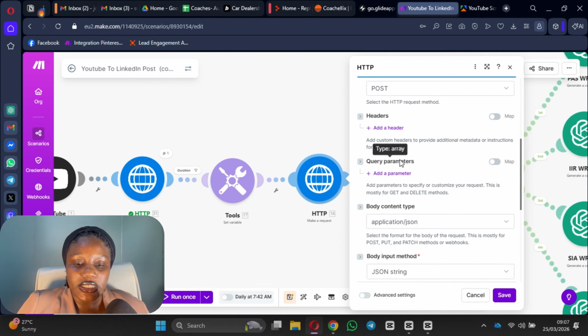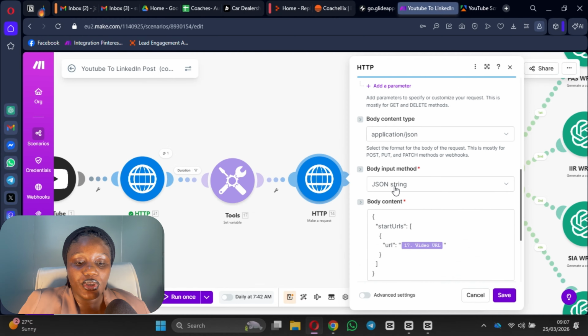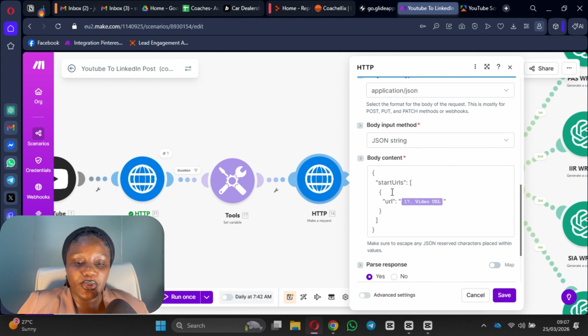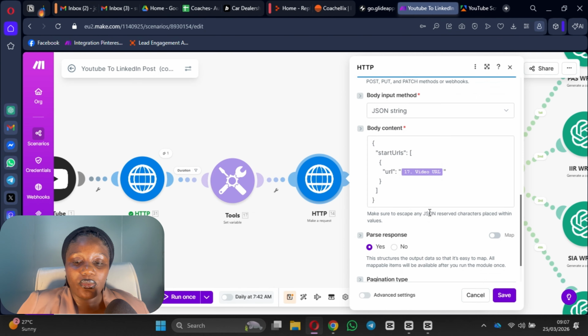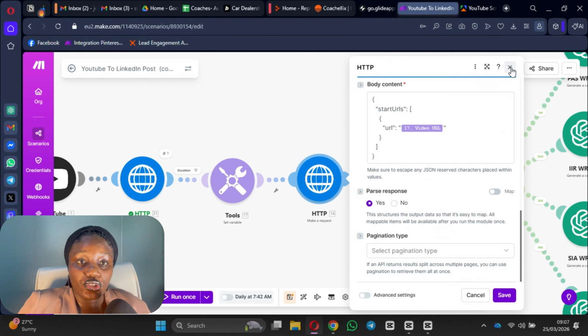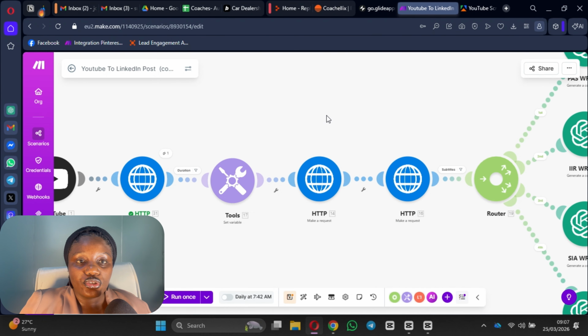Then you leave other things as they are, and then in here, what you want it to return every time it runs is going to be a JSON string of the subtitles and all of that. That's going to be the transcript from your text. So you just add this body here for you to say start URL and all of that. Just add this body content, and once you've done that, if you run it, you should be able to get your video details with duration, everything, right? So once you have that, it's already run.